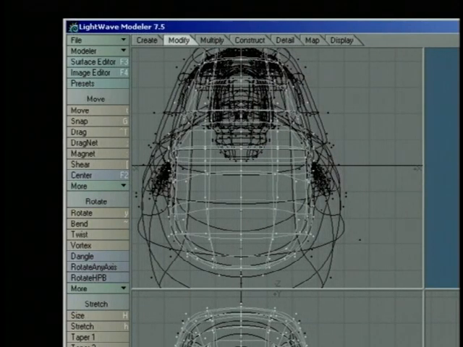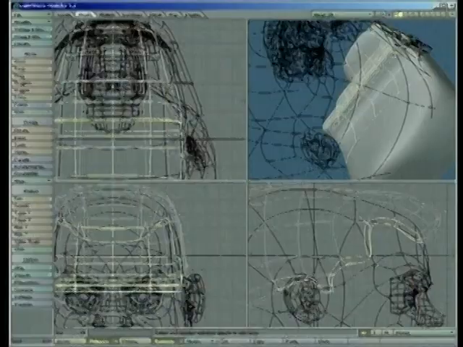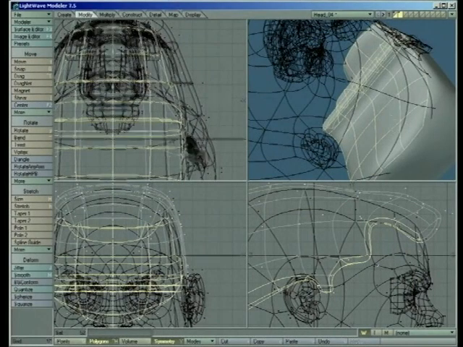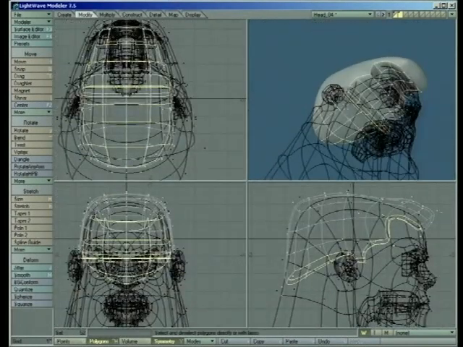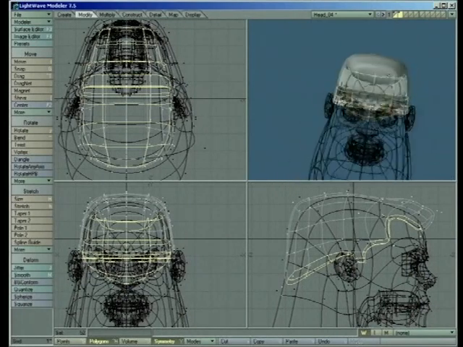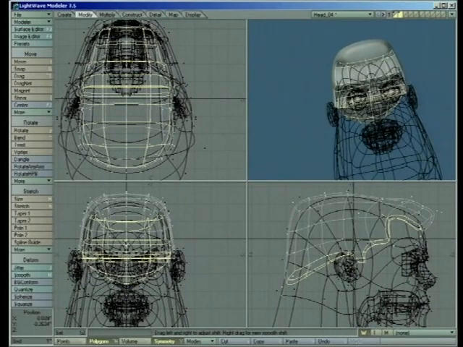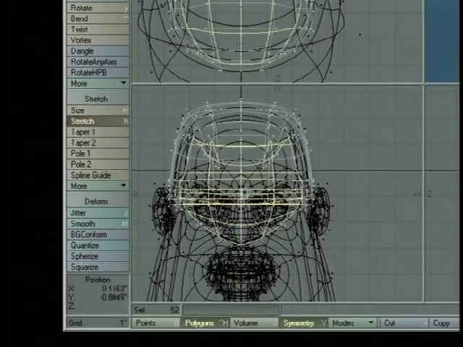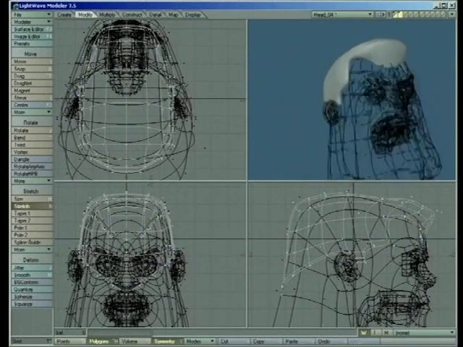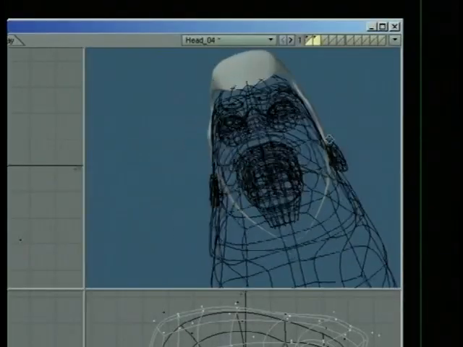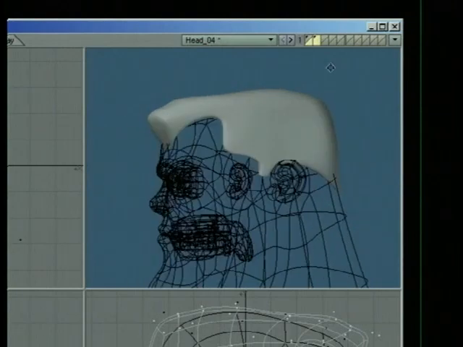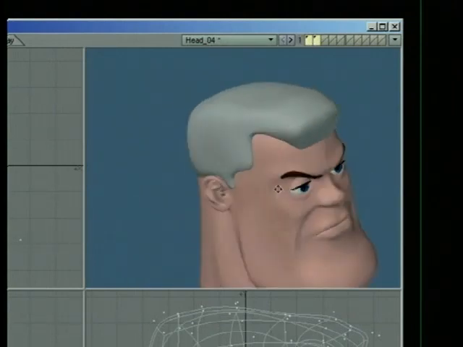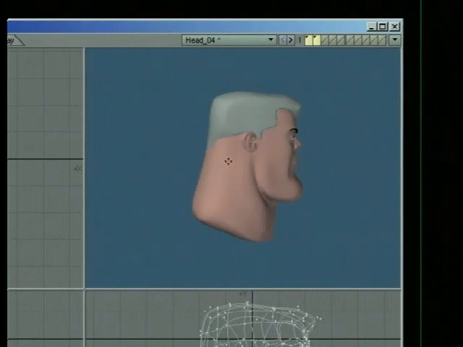So I'm going to go ahead and select all the interior polygons of the hair piece here, and make sure I have them all selected. Okay. And I'm going to go ahead and smooth shift them. And in the front view here, I'm just going to stretch them inward a little bit. And then I'm just going to cut them out. So now I have sort of this hollow piece of hair here